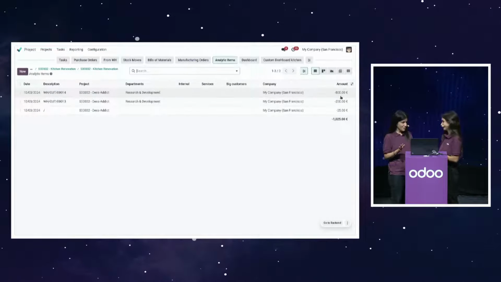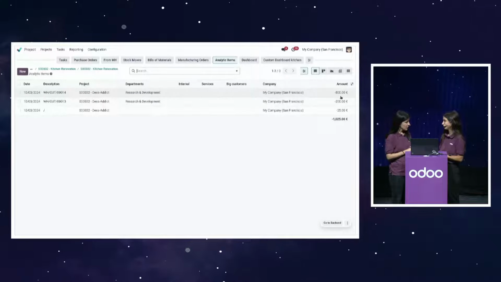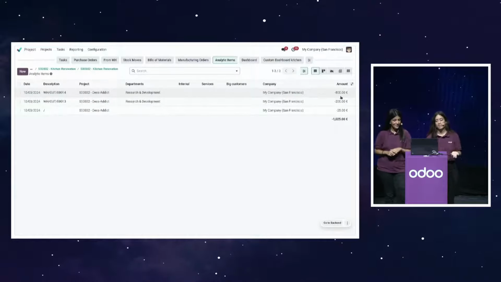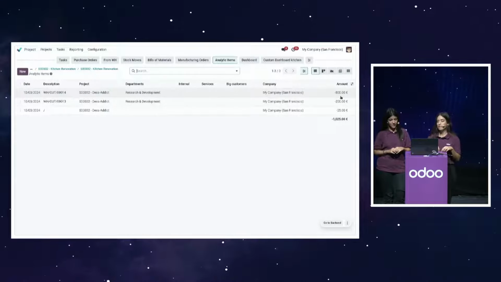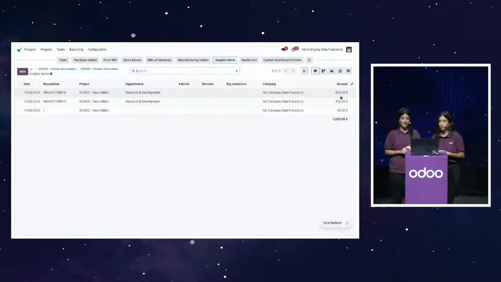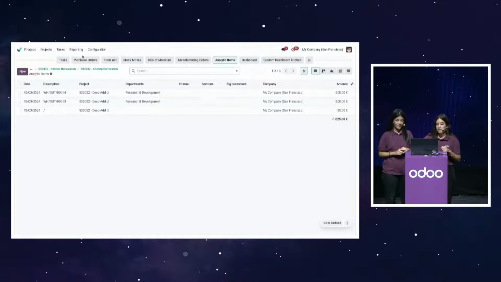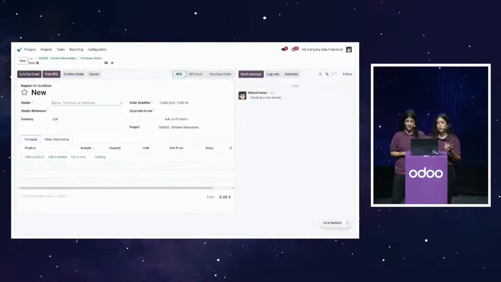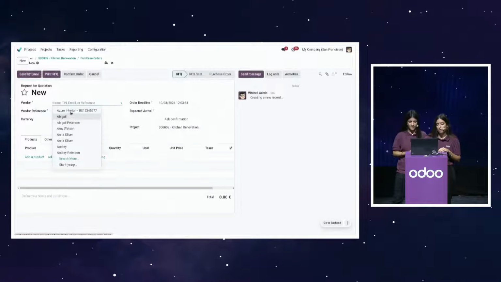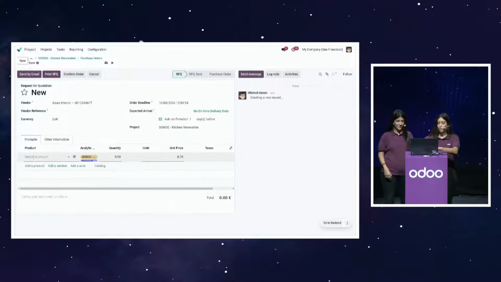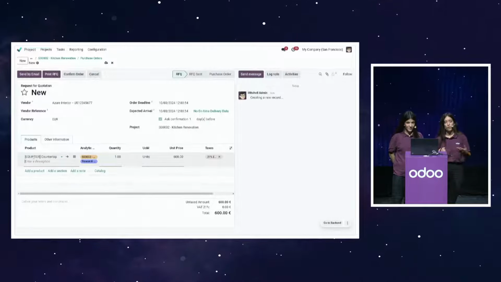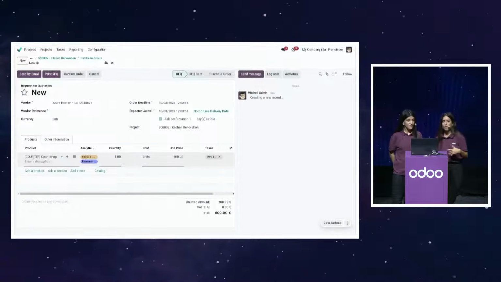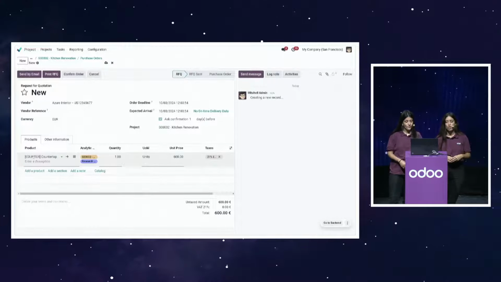Great, Barbara. I think it's super clear. And what about the fourth option, the reinvoice one? Yes. Since version 18, we can also re-invoice the material that we have purchased for this project. Let's see it in an example. I'm going to create a purchase order for my vendor, and here I'm going to buy some kitchen counters. Counters are very expensive products that are excluded from our original quotation. So I want to